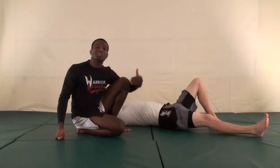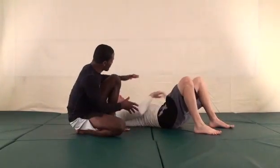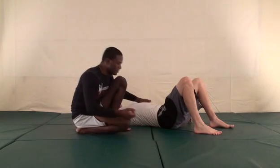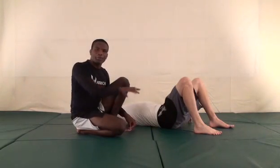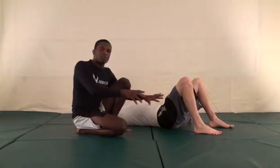There's another little tricky submission that I'm going to work from the side mount position. This time I'm working with one arm over and I got my other arm by his hip. Now, one thing about this position with my hand by his hip is this is more of a transitional position. When I'm going from side mount and I want to get coverage over his body,